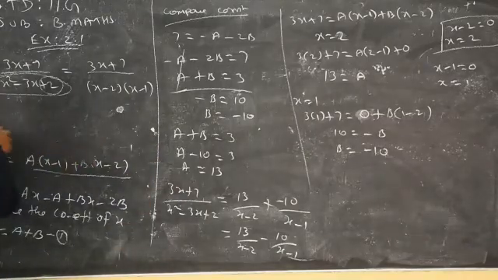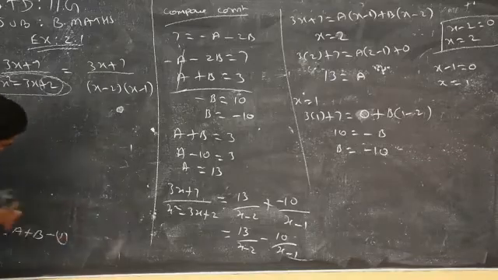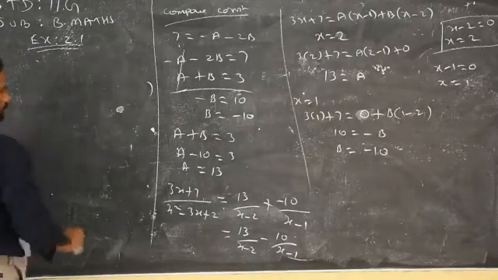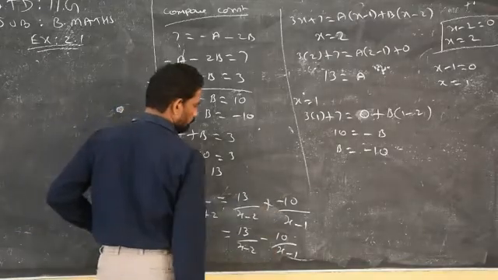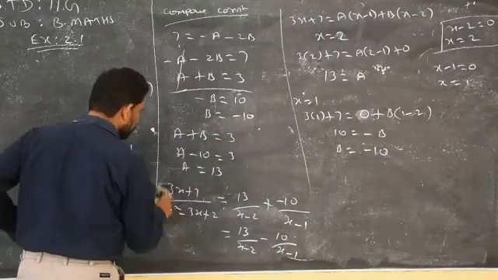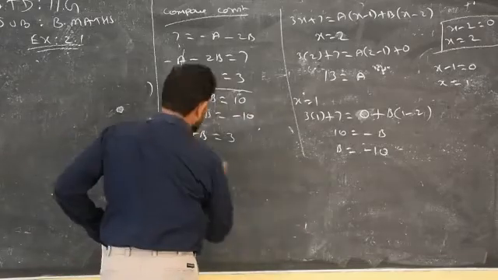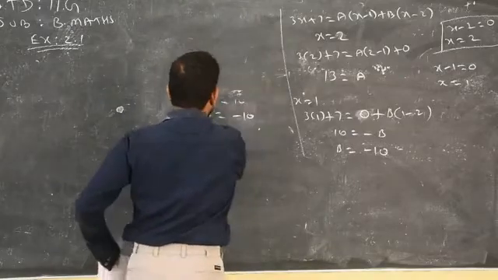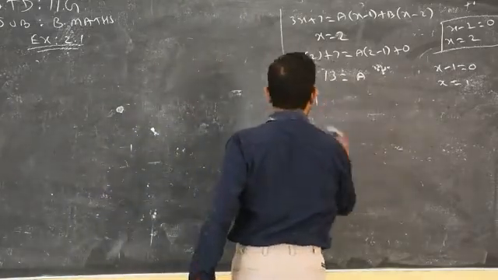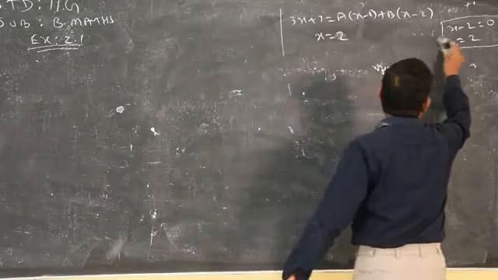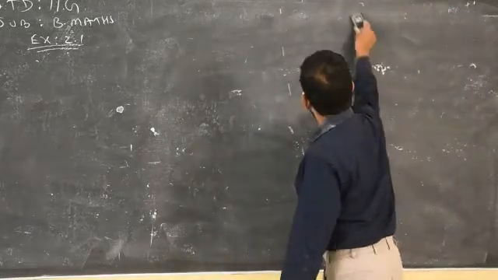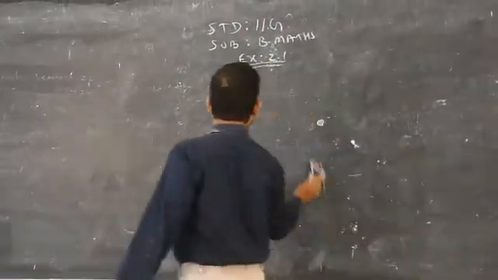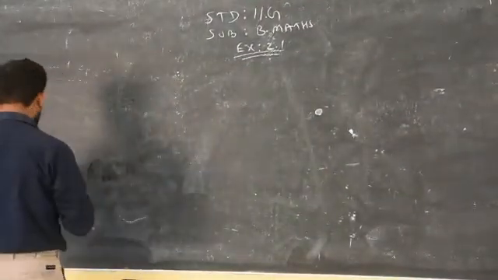Clear? Question number 2 is homework. I will give only the answer for A and B. Don't simply write the final answer in this format. Clear? Follow any one method to find out the value of the constants A, B. Question number 2, homework, you try at home. To find the values of A and B, you follow any one of these two methods, that is your wish. Now you go to question number 3.